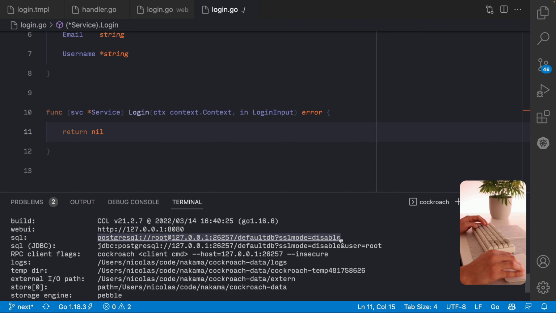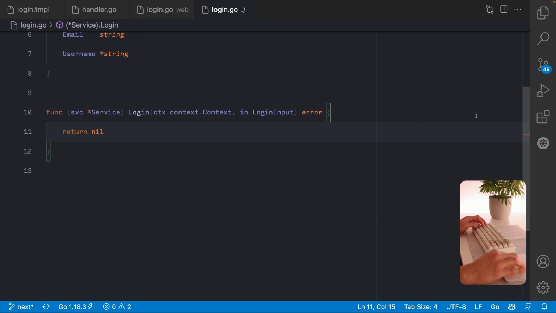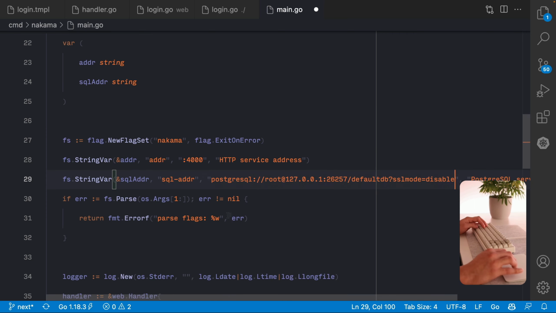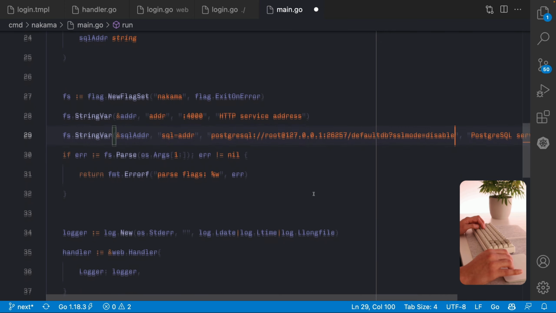So take this one, copy it, and we're gonna use it in our main.go. And we can pass our connection right here as the default value. Now we need to make a database connection.